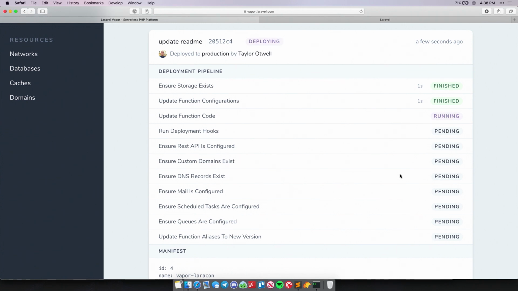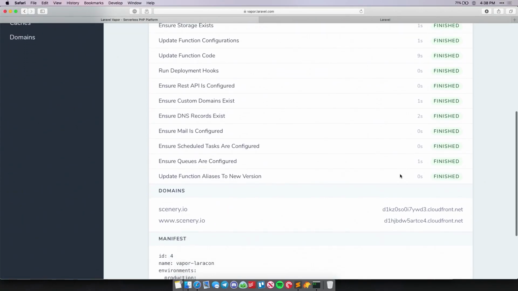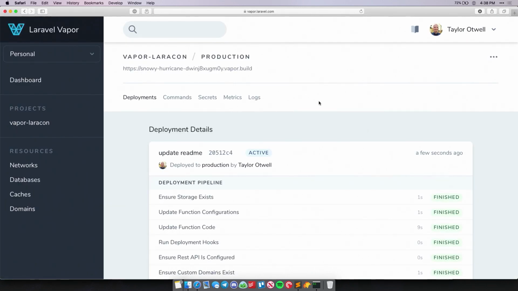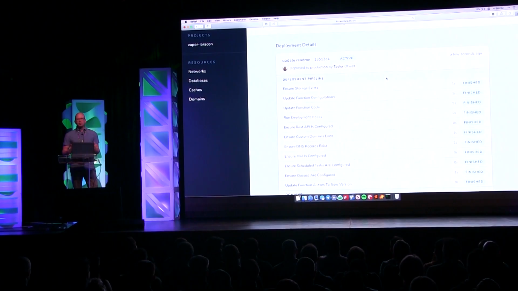This is all with zero downtime, so it's just like Envoyer. When you're deploying, your users are not going to get any error pages, anything like that. It's all going to be zero downtime, so they can keep using the application as normal. So you can see this is already finished deploying out into the serverless environment, and of course we can, again, use that vanity URL to access it. So really quick to deploy from the command line. If you wanted to deploy a different environment like staging, you would just do vapor deploy staging, and you're good to go.